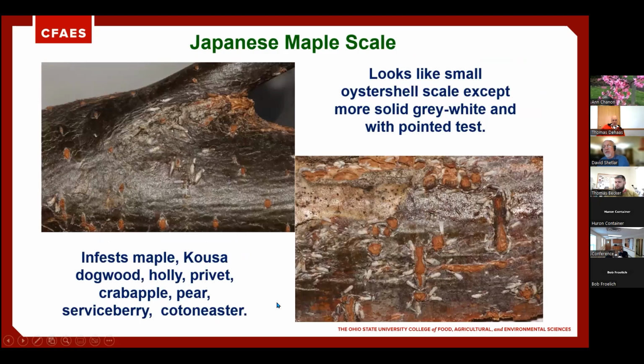Now, the one that we're worried about right now is this Japanese maple scale. Again, it's a little bit of an oyster shell shape. To me, it looks sort of like a dirty gray color when I see it. That's very different than the true oyster shell scale, which will be brown in color. And obviously it's not going to be the pine needle scale, which is perfectly white, but is only